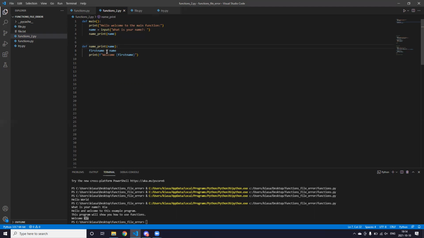So here we assign the name that we passed to a variable called first name, and that way we can print it. If we didn't pass anything, if we remove that from there, and then we also remove it from the argument, and you try to access name here, it says name is not defined, since we created the name variable in the main function, which is outside the scope of the name print function. If we revert this like this, and this as well, now if we run this,